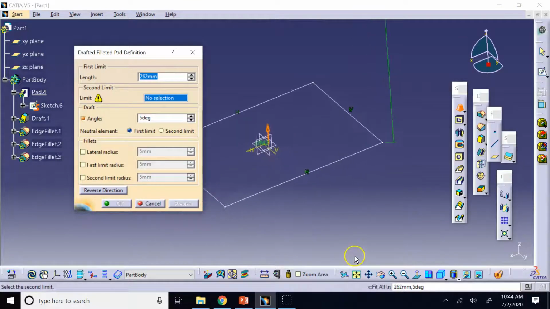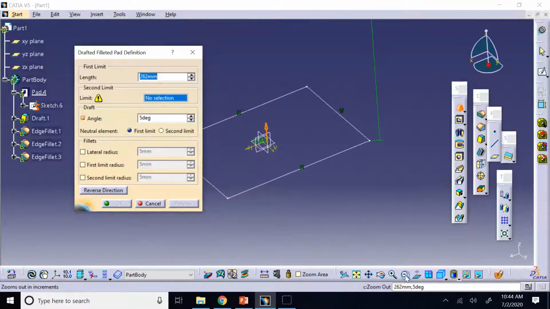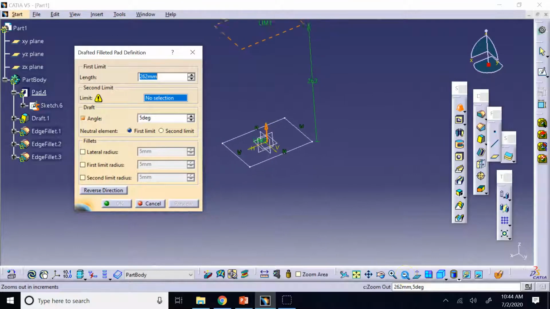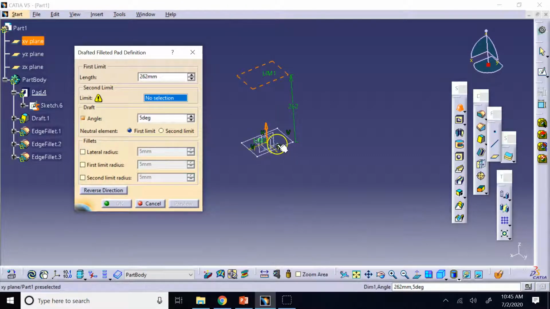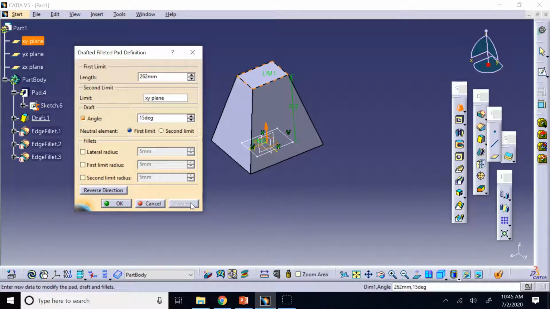So first, let's see how it might look. So it says limit, and I use the bottom plane as the limit. And here, let's change the angle. Okay, let's go to 15 degrees and look at the preview. Yes. So as you can see, it provided this kind of shape, but